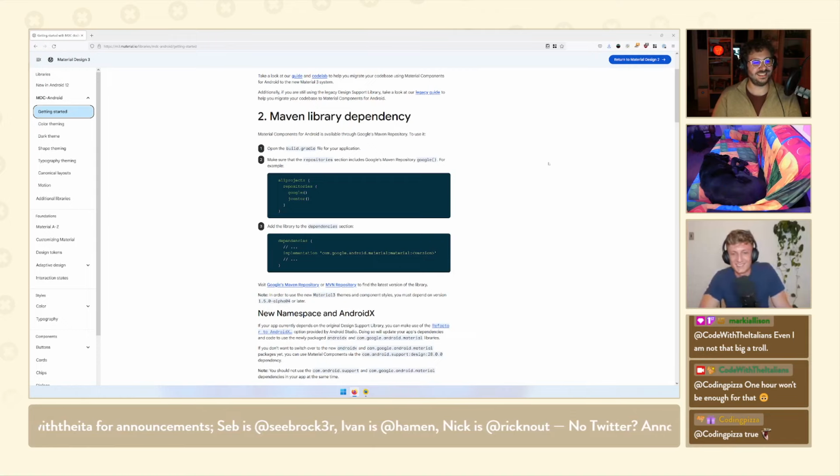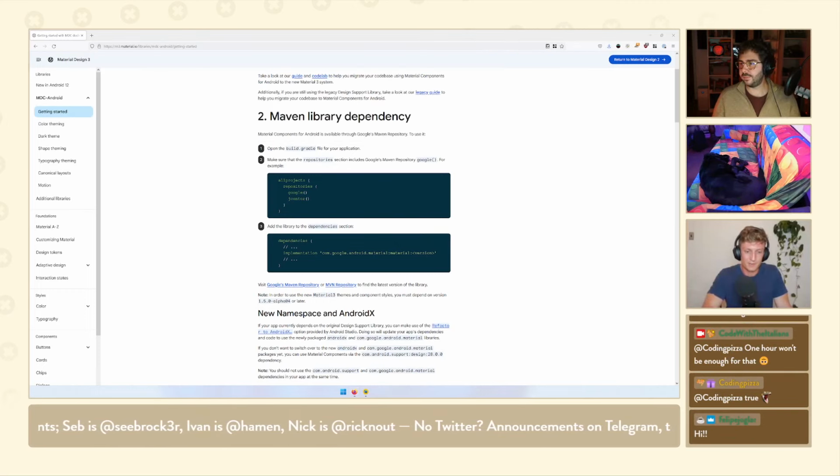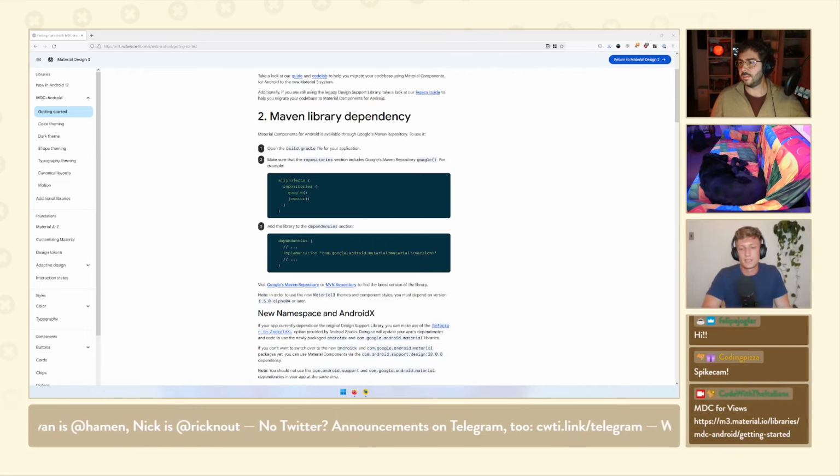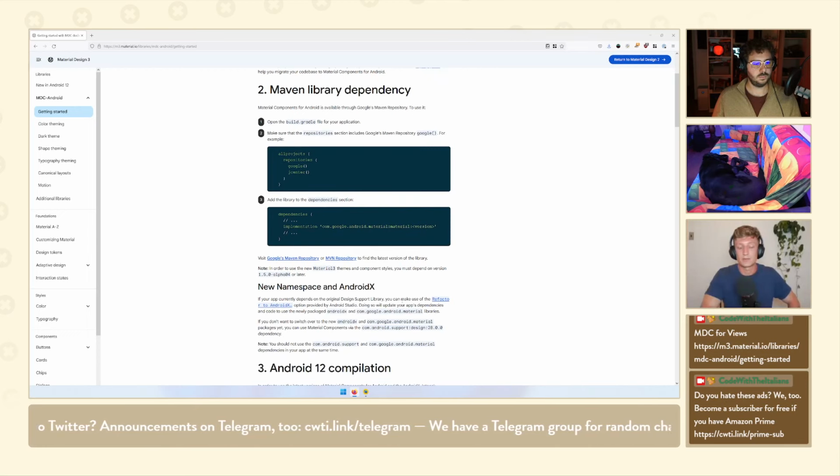Yeah, so this library primarily lives on GitHub, but there are some getting started steps here. If there's a link to the GitHub repo, it might even be more up to date. But that's for the View system. And then for Compose, there's actually a new artifact. Something to point out here is that while there are libraries available for Views and Compose, they took two different strategies with regards to how these were published.